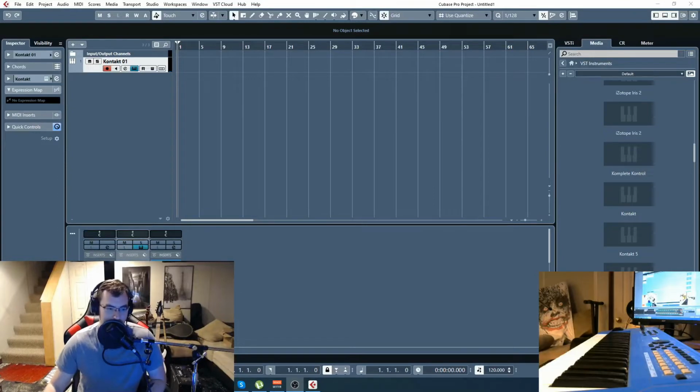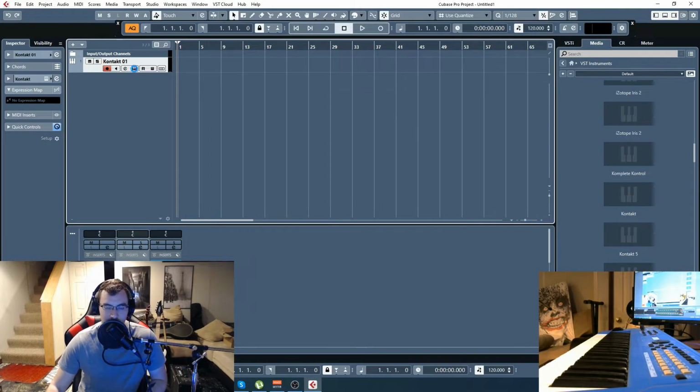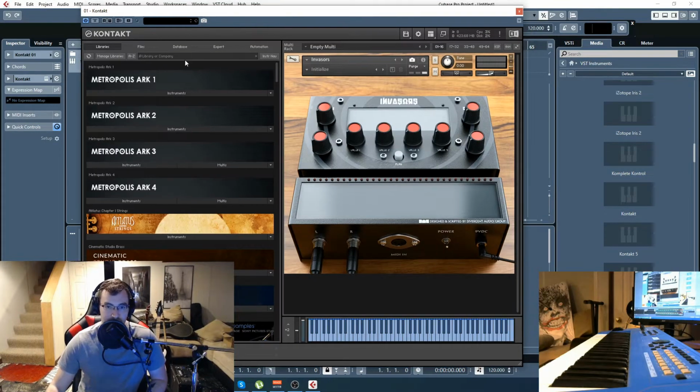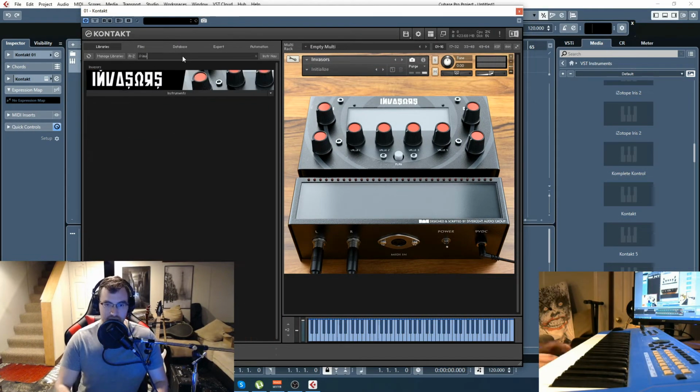Alright guys, so let's start with these products. All from Divergent Audio Group, as I mentioned. This first one is called Invasors. It's compatible with the free Kontakt player, so you'll have a nice tab over here in your library panel. So we load it up and you get this nice little